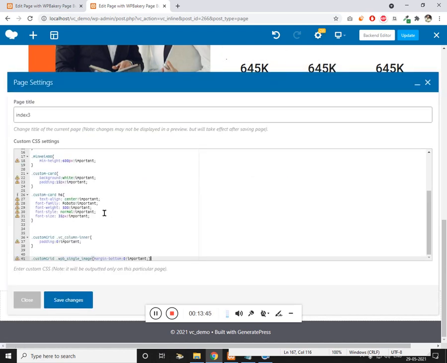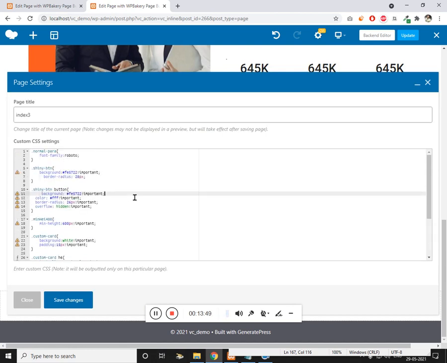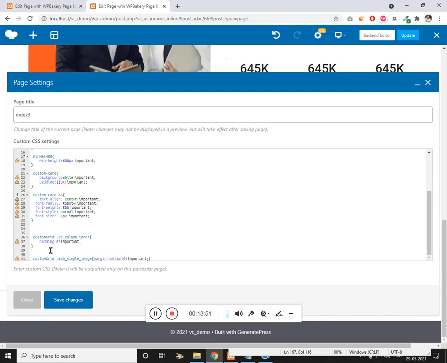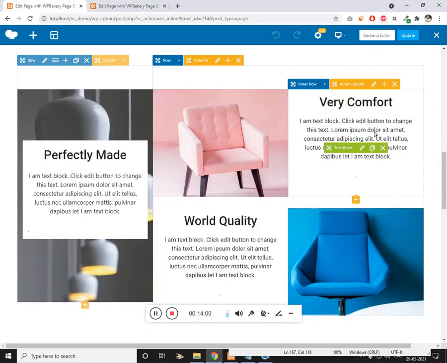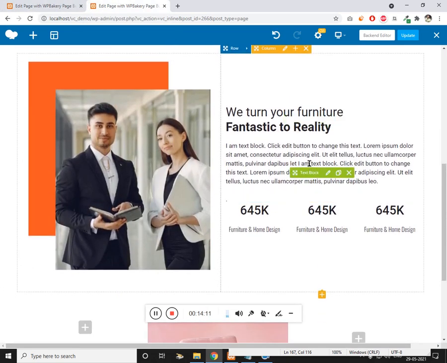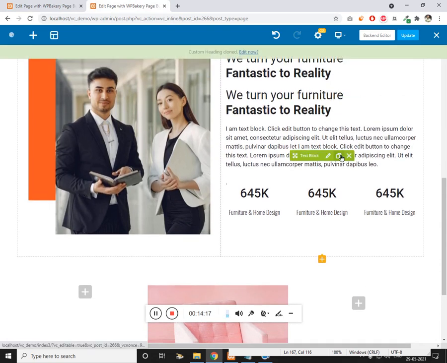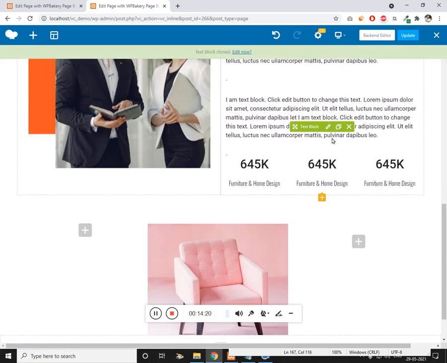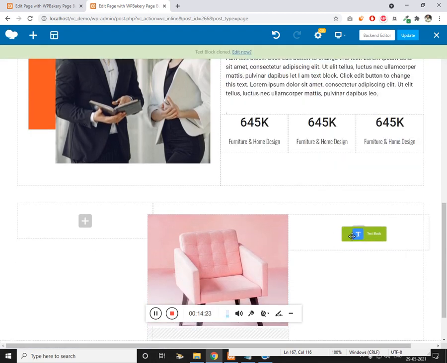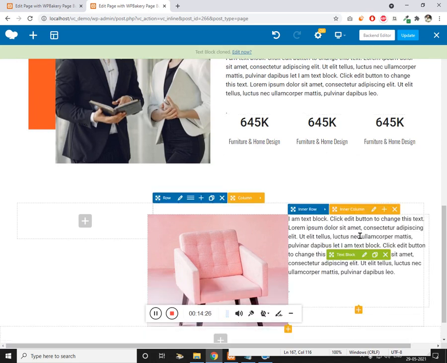I have added the class custom grid, and inside the custom grid we have a simple image, and I have removed the margin bottom, and to get rid of the left and right padding, I have chosen the VC column inner, and I have removed the padding. So that's cool. Now we need to add the heading and the para. So let me make a duplicate of this and a duplicate of this as well. Just drag this and place it inside the column.